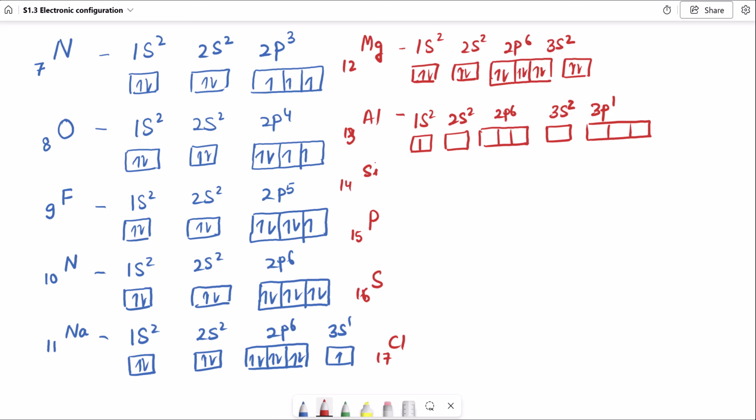Okay, so 2 electrons in this cell, 2 electrons in this cell. 2 will already go because there are total 6. Here we have 1. Right? Silicon is 1s2, 2s2,